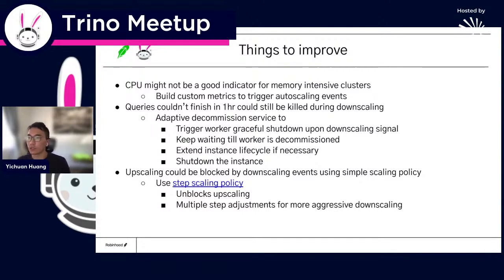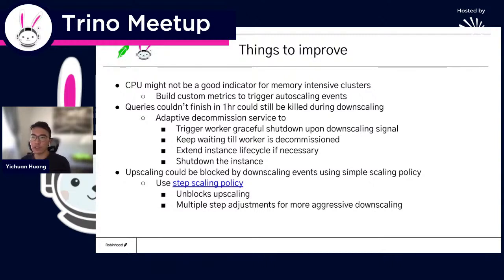Another point is that queries that couldn't finish within 1 hour could still be killed during downscaling, because the 1 hour shutdown timeout is hard-coded. And the solution to that is, again, we also have that in our Hadoop cluster setup, so we can replicate the logic here. We can build this adaptive decommission service, which will keep listening to the lifecycle service I just mentioned to trigger the worker graceful shutdown upon the downscaling signal, and keep